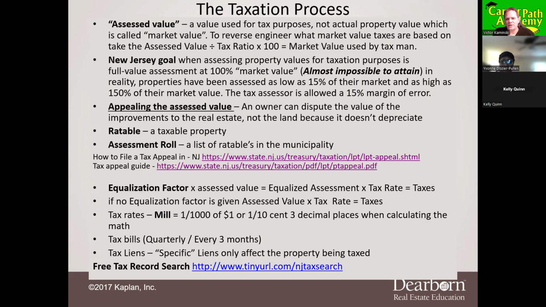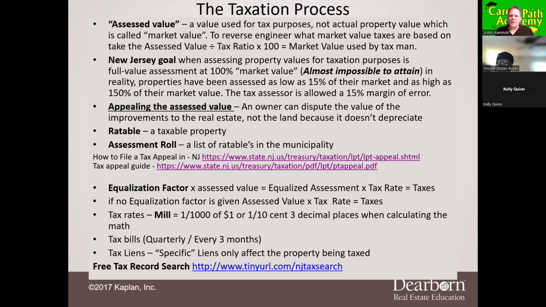Now, what if you're not the only bidder at this auction? If somebody else also wants to pay the taxes, that $8,000. Well, if I bid first, and then somebody else comes in and they say, well, I want to pay their property taxes too. I'm going to bid 17%. You're bidding on not how much you're paying. You have to pay the full amount of outstanding taxes. You're bidding on the interest rate you're going to charge the property owner to pay you back. It starts at 18% and goes down.